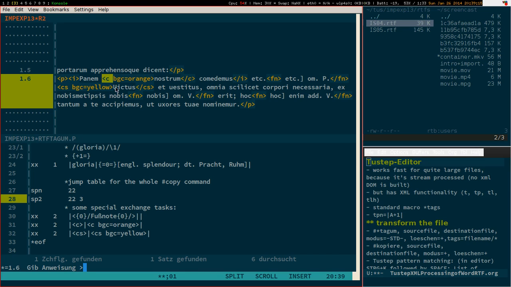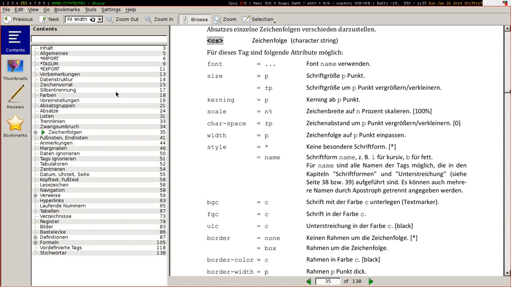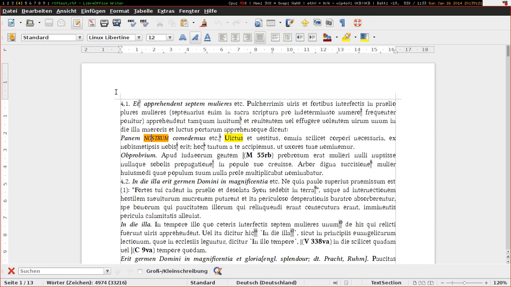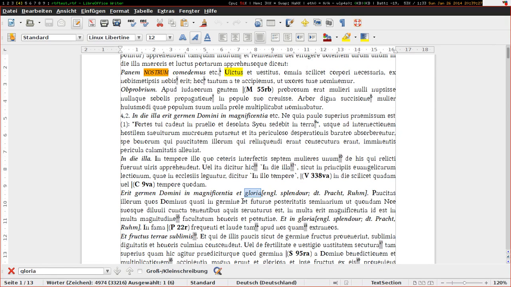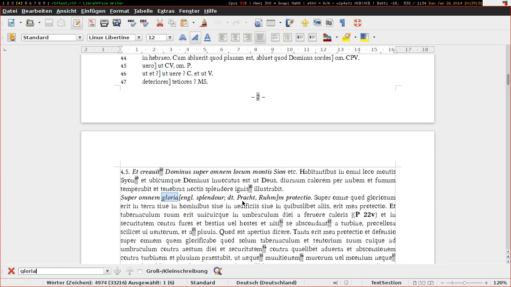Victus. And of course, if we look for Gloria, we have only the ones with italics. So you can seamlessly switch between RTF and Tustep files to get